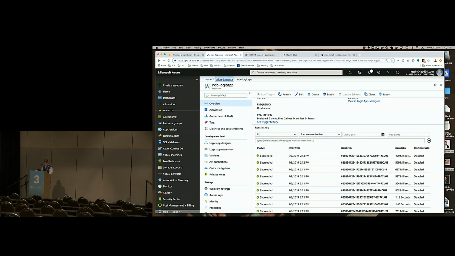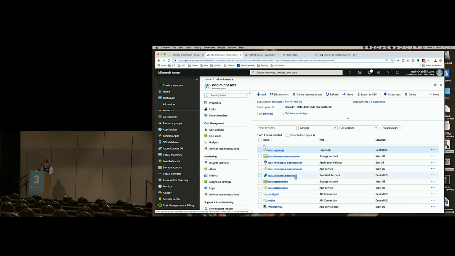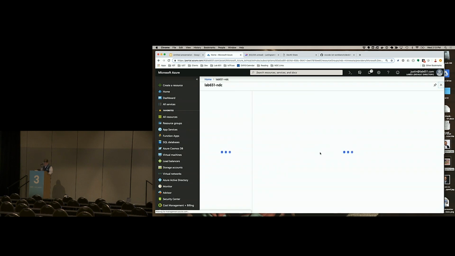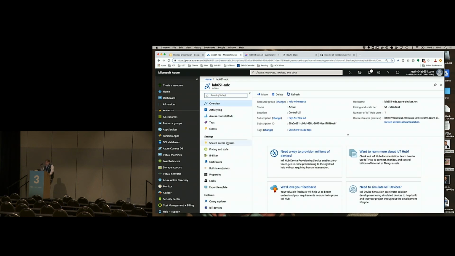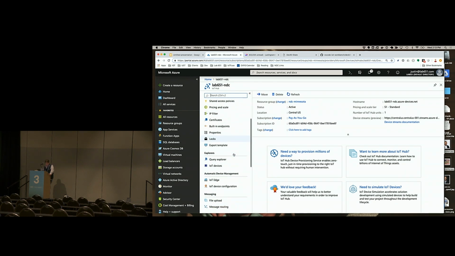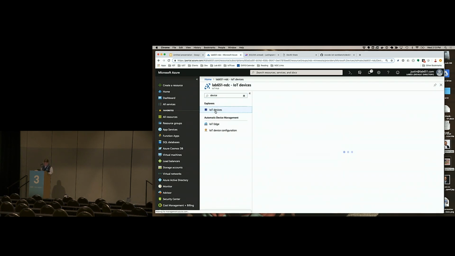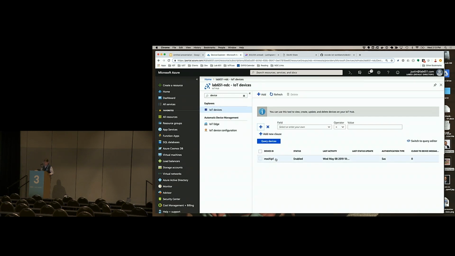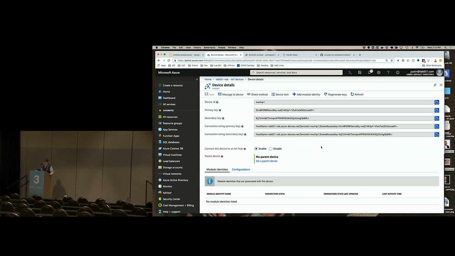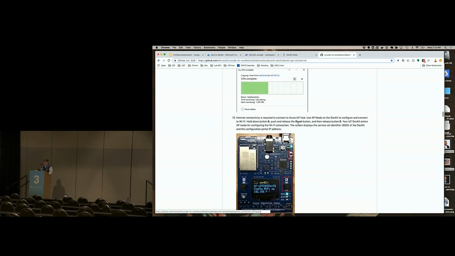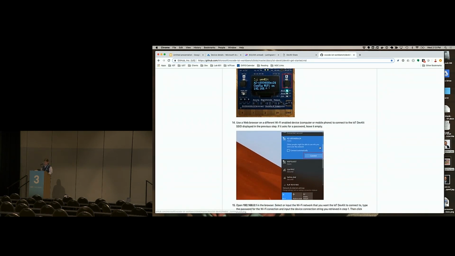If we go out to our NDC Minnesota resource, here's our Lab 651 NDC. So I went out here and created a new device. If you take a look at the IoT devices that are here, you'll see our MX chip is here, and this is what I named it. And these are the connection keys that you use to authenticate against it, and that's what this step here is basically making sure that you have your keys set up, and that it can essentially connect to the hub